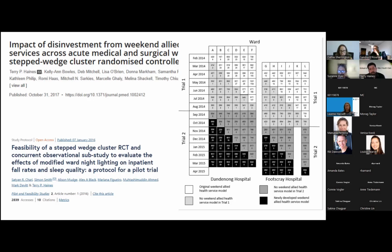In the bottom left on this screen, you'll see a feasibility pilot protocol that Satyan Chari, one of my PhD students, did as a part of his PhD. And in that pilot trial, what we were trying to do was introduce strip lighting to the bathroom areas of hospital wards and around toilets and around the sinks. And the limitation we came up with on feasibility in that trial was that the engineering department at the hospital he was working at couldn't guarantee that they would actually be able to get the job done at the time that it required to be done with a Stepped-Wedge design. So it would actually be a better intervention to evaluate with a parallel cluster randomized controlled trial, because